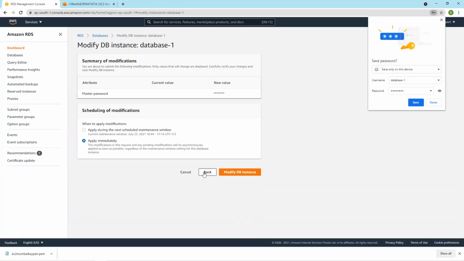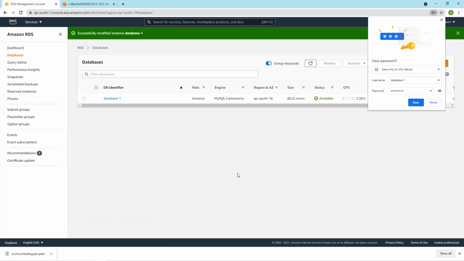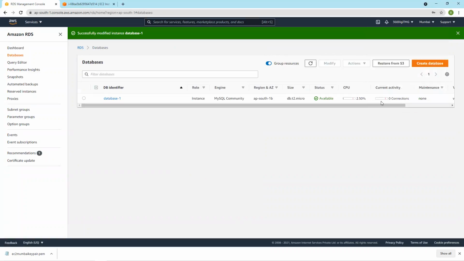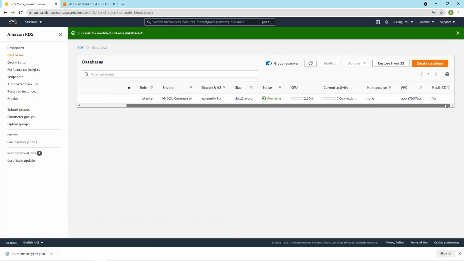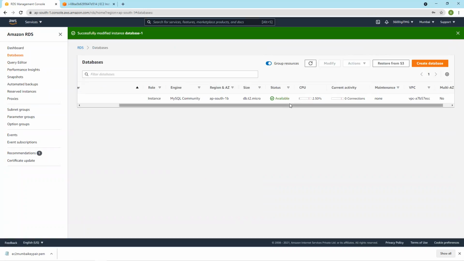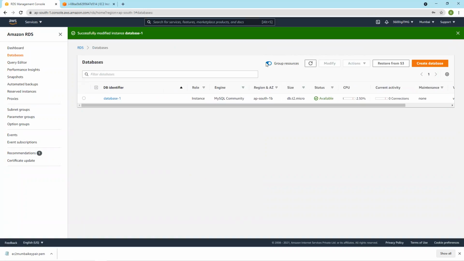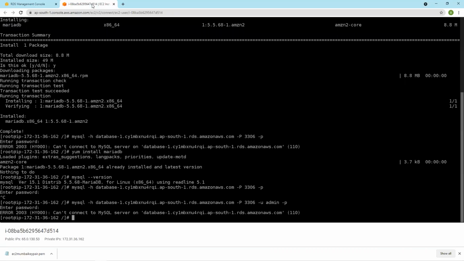Let's say apply immediately. Modify DB instance. And go here. So it says cannot connect to MySQL server on the database. Some error is coming.